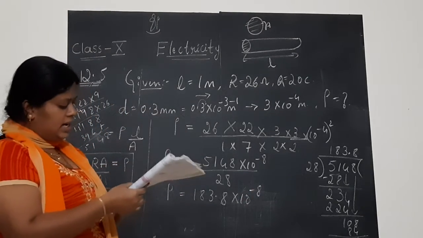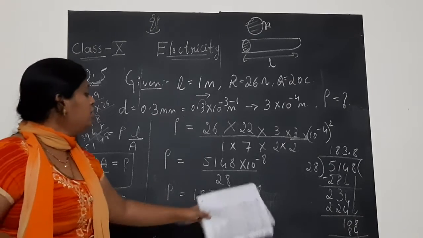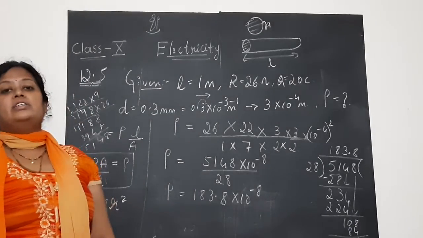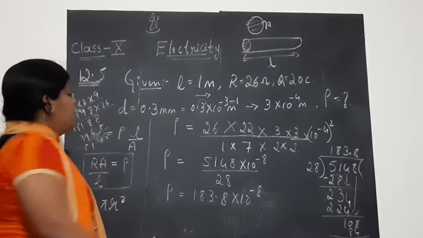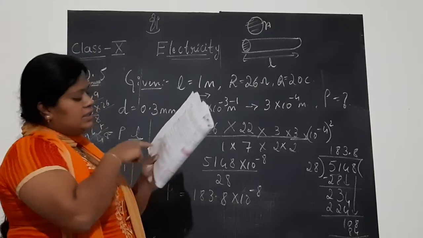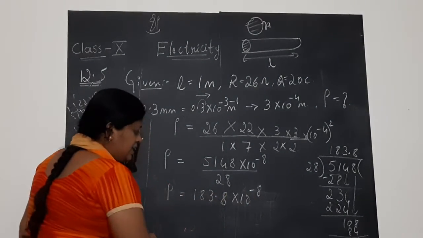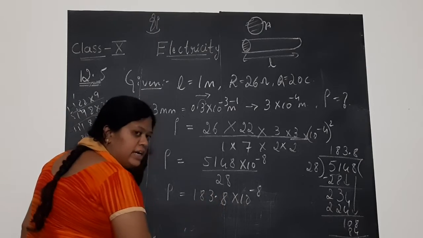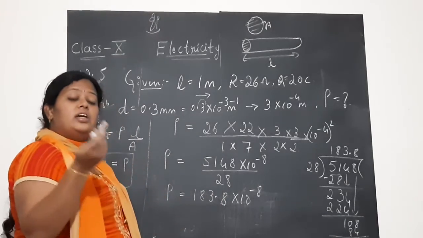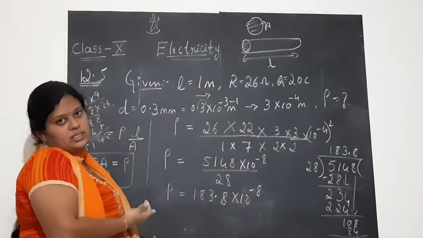So what answer have they got? See, rho is 1.84 into 10 to the power minus 6 ohm meter, the answer given in your textbook. You can leave at this point, or if at all you want the same answer as in the textbook, what you need to do is, minus 8 is there. In terms of 183 you got, can you think of resistivity in terms of 183? No. It is meaningless if you leave the answer at this point.